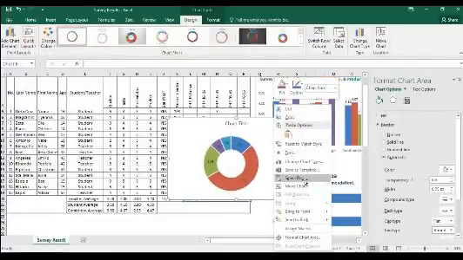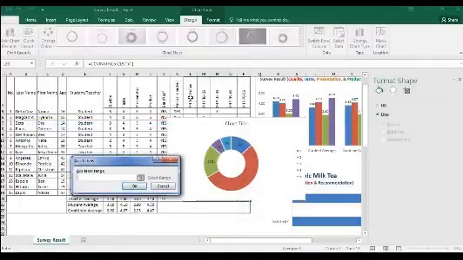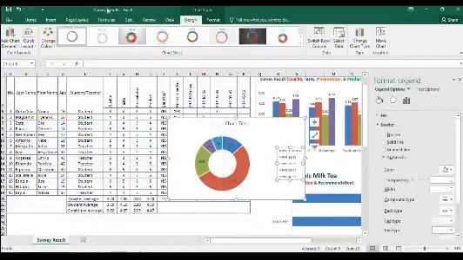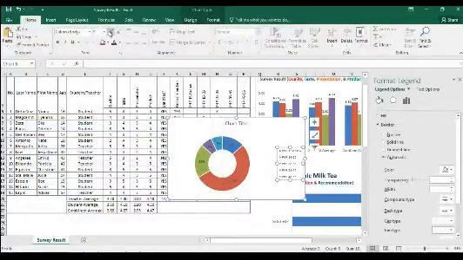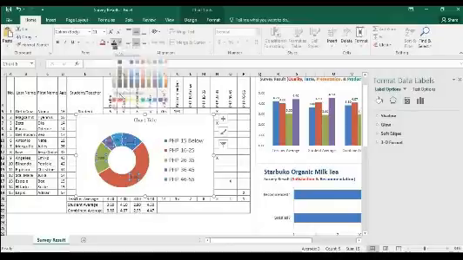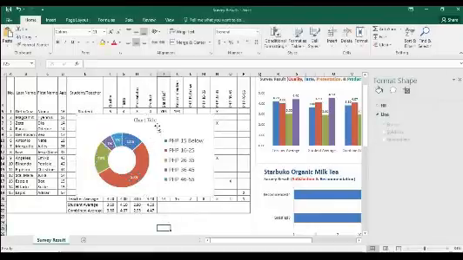Select data, edit, that's going to be the, let's put a label. These are the labels. Enter, and then OK. Let's make this bigger, the label. And then for the label, let's use white color. So there.